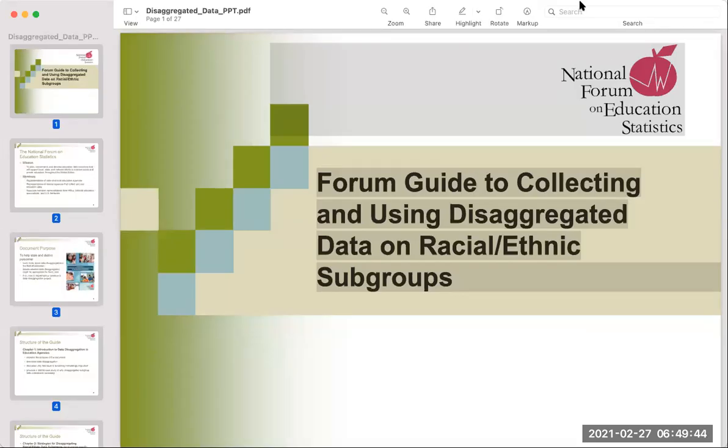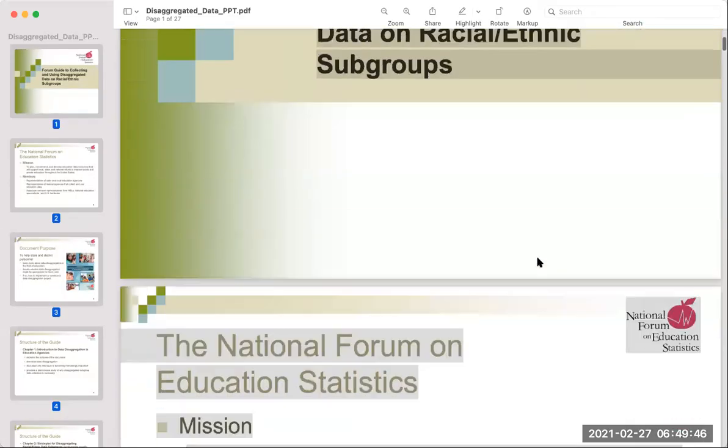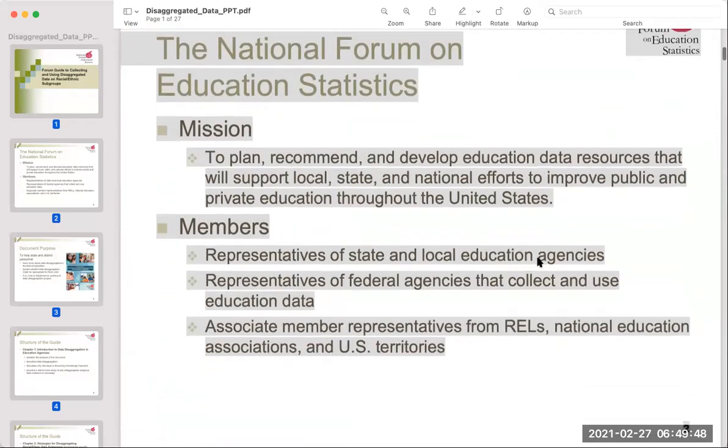education throughout the United States. Members include representatives of state and local education agencies, representatives of federal agencies that collect and use education data, and associate members, representatives from RELs, National Education Associations, and U.S. territories too. Document purpose: to help state and district personnel learn more about data disaggregation in the field of education,